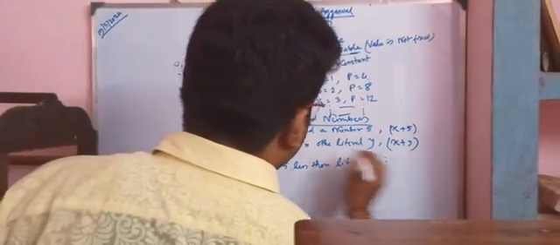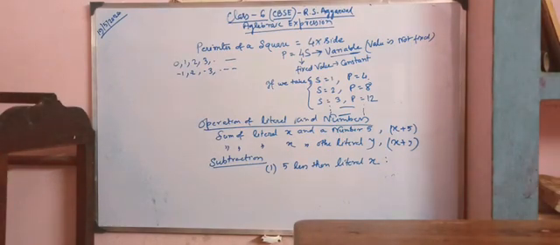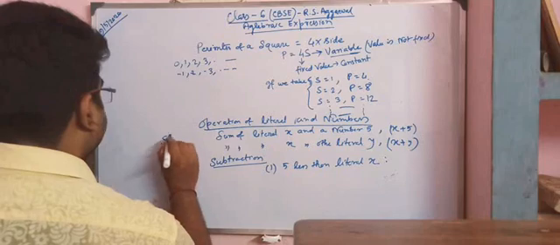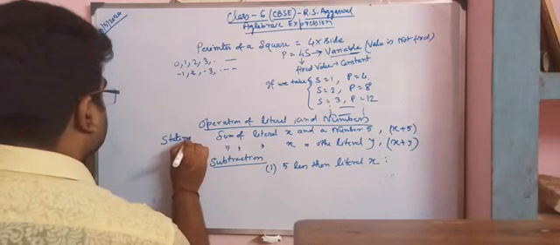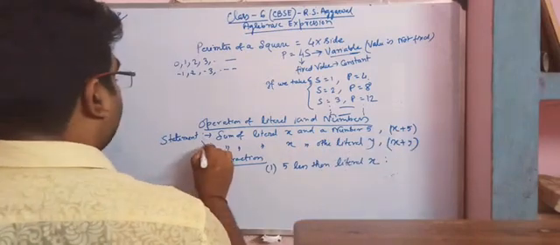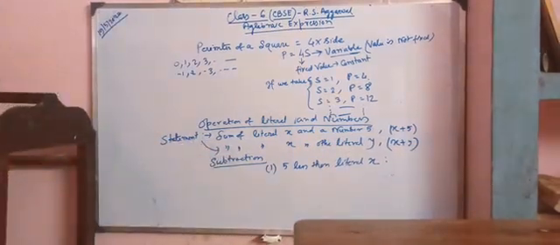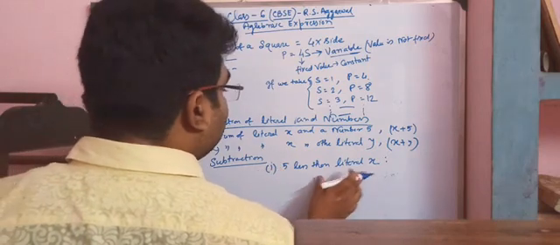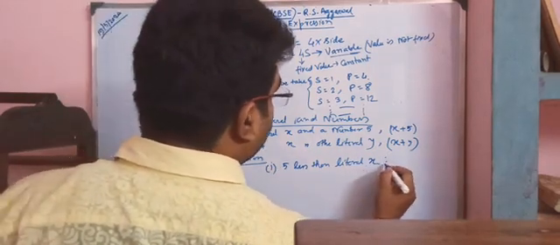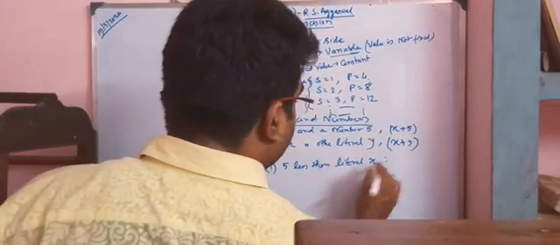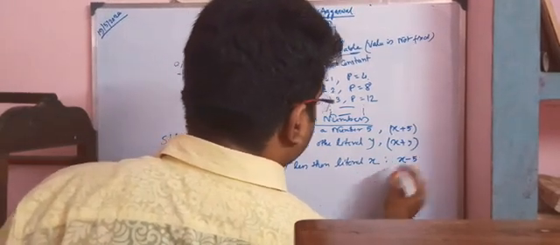This is a statement given. This was also a statement. This is also a statement. This we can write as a statement, and that can be expressed like that. Now this statement is given here, 5 less than literal x. So how can we express that? 5 less than x means we have to write it as x minus 5.